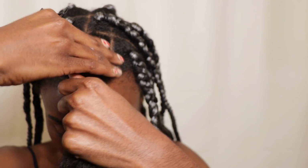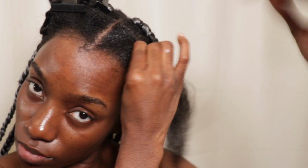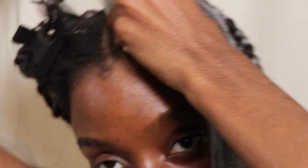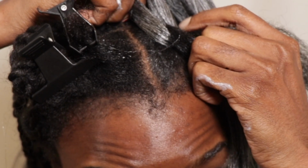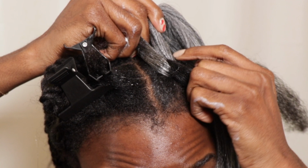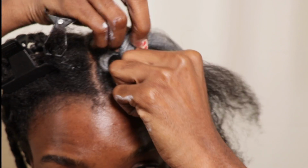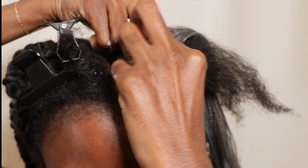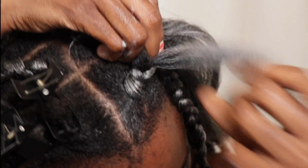I use the Carol's Daughter styling gel to act as a great lubricant. And then I pop in that extension, and then I use that to just grip my real hair and the extensions like that. And then I just continue braiding my hair. And honestly, this is just hands down the easiest method I've tried, actually even the fastest. And I've been braiding my hair since college, and honestly, this just changed the game for me when I learned